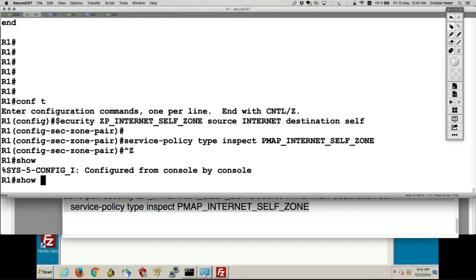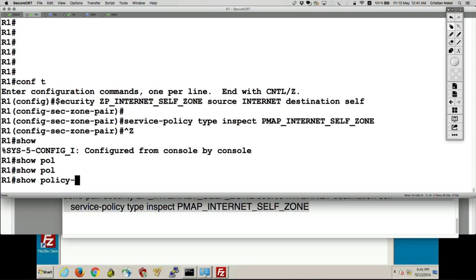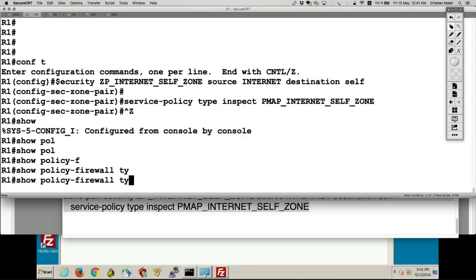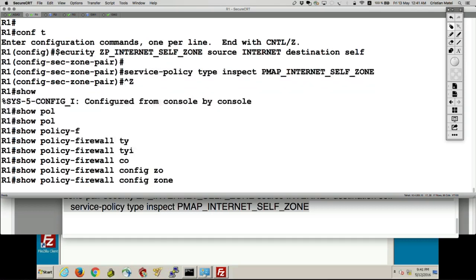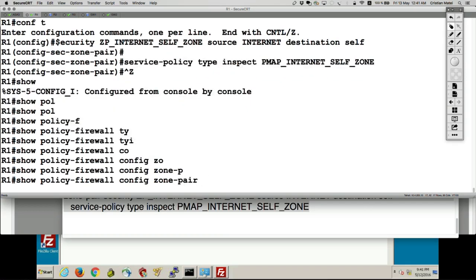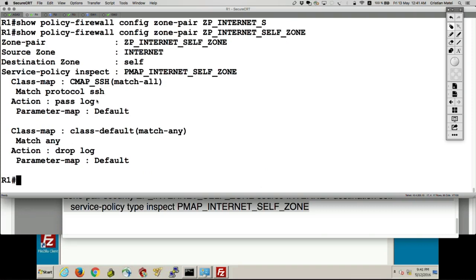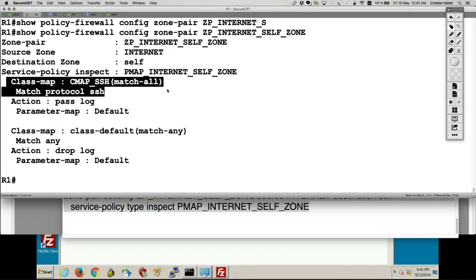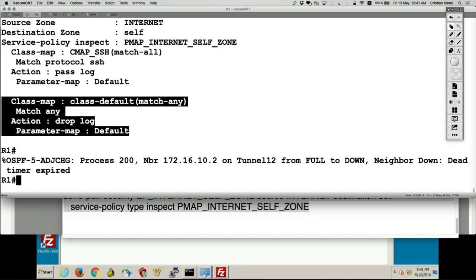So show policy firewall config zone pair ZP internet to self. So there we go. This is what I've configured: class map of SSH, match protocol SSH, pass, and I also have the class default with a drop.